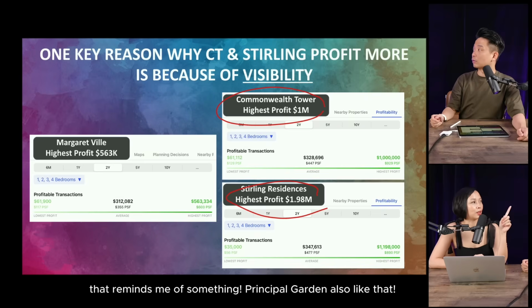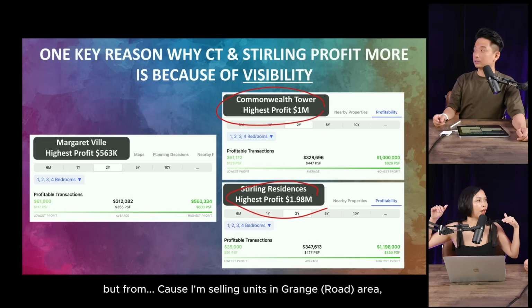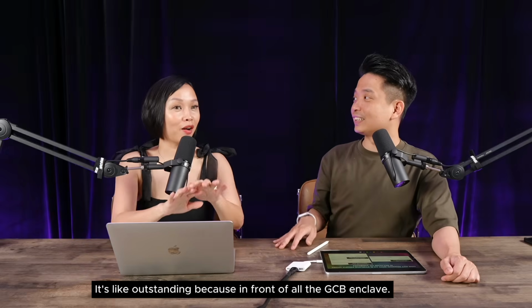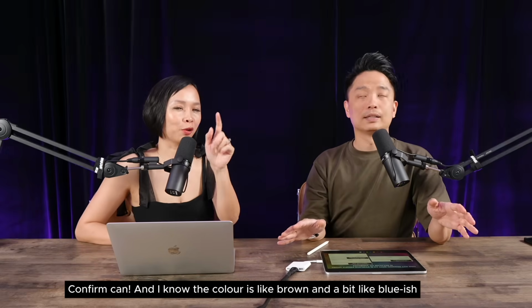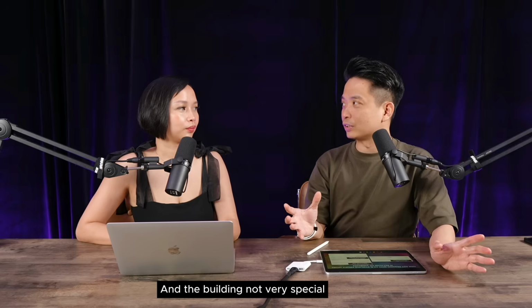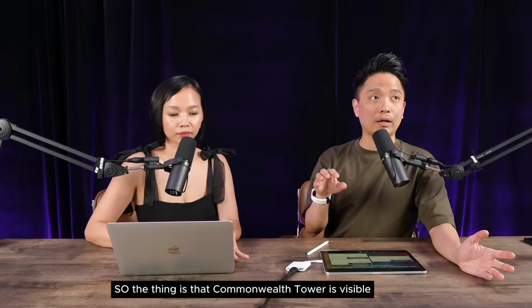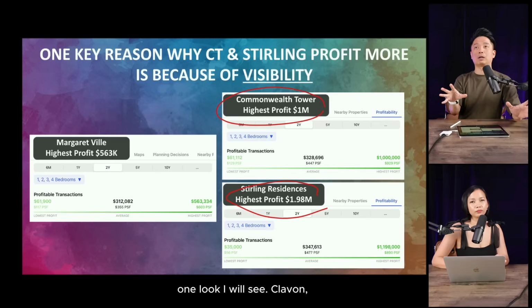What? Principal Garden is also like that, even though it's very hidden. But because I'm selling units in the Grange area, when I look straight, I can see Commonwealth Tower. It's outstanding. You can see it in front of all the GCB enclaves. You can see Principal Garden. Yeah, confirm can, very outstanding. And I know the colour is brown and a bit bluish, not very special, but just outstanding. It's super big. Cannot miss it. So the thing is that Commonwealth Tower is visible, but not 100%, like one look I will